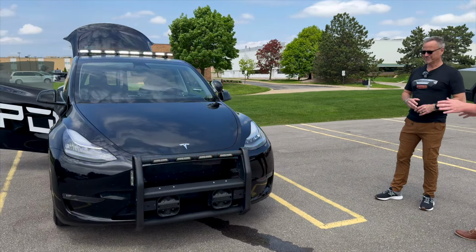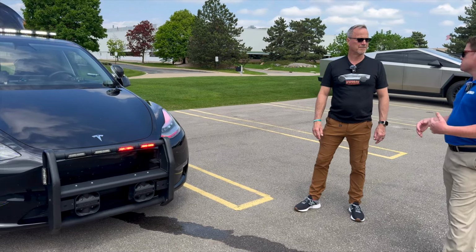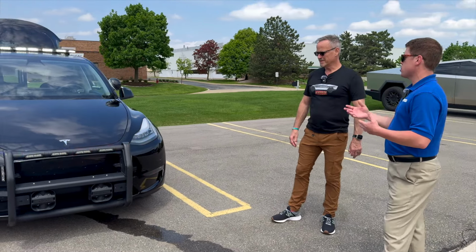That's cool. Okay, and then obviously with the bumper, all of these electronics are powered off the 12-volt lithium-ion battery, or are they off the high voltage big boy inside? Well, all the power is coming from the high voltage battery. Right. But it's just being stepped down to 12 volts, so all the aftermarket equipment is all running off the 12 volts. Okay, cool. More on that in a minute, but first,